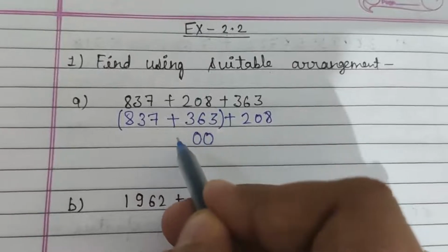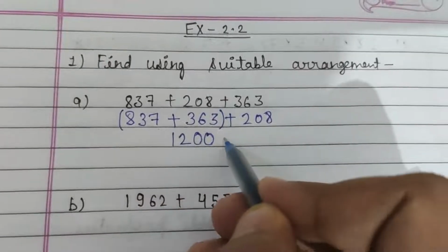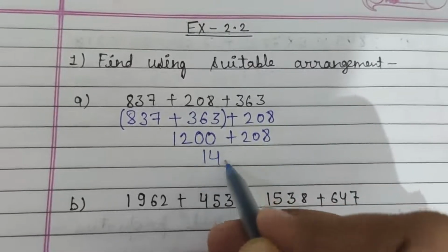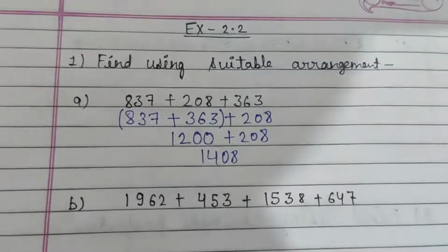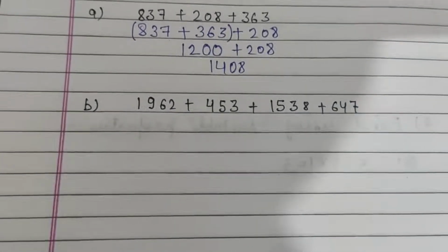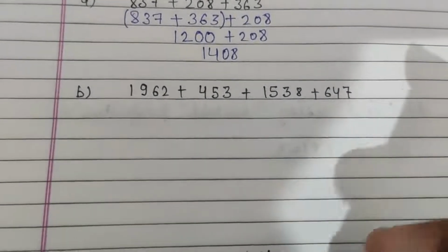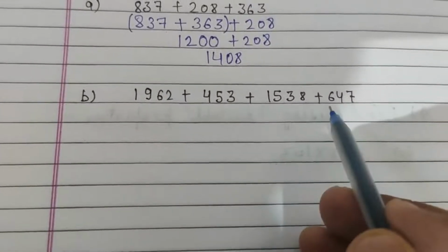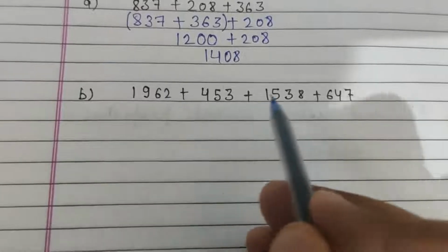Then the answer is 1200 here. Then plus 208, we will get 1408. Then it's B part. There are four numbers. We have to arrange these numbers so that the addition becomes a power of 10,